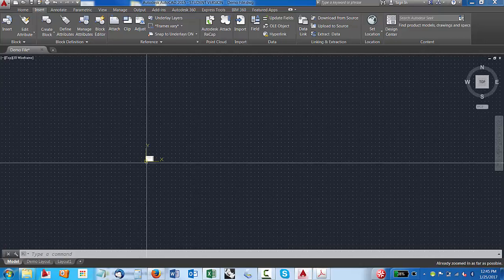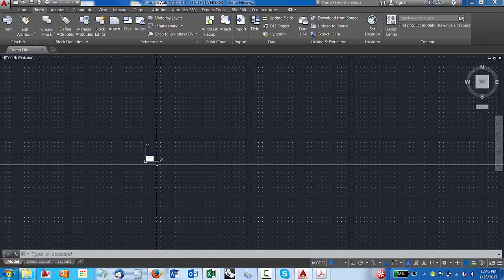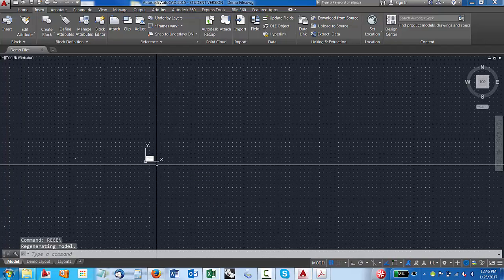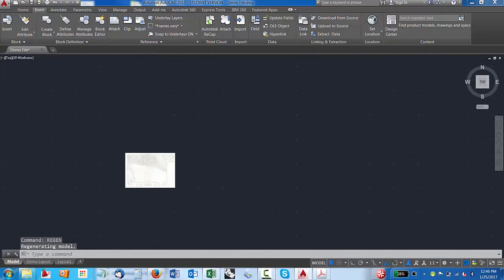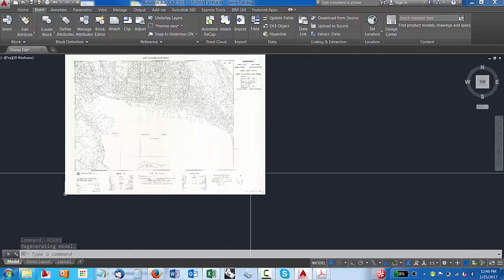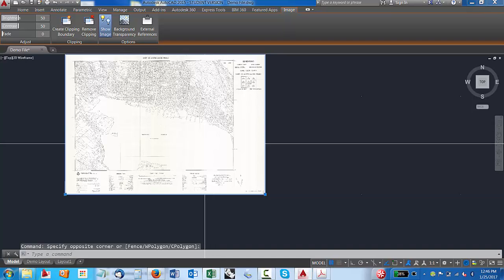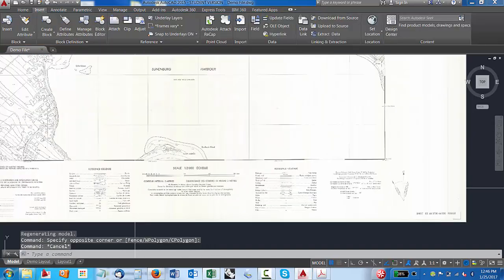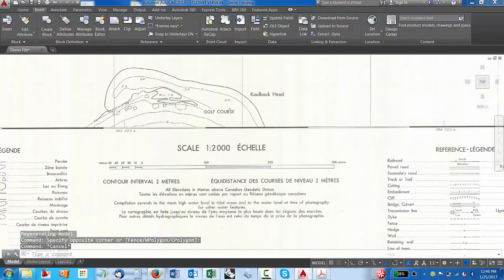And sometimes when you zoom, it has limits. So one thing you can do is type regen, which regenerates the graphics. Once you do that, you can keep on zooming in here. As you can see, it's really tiny, so we're going to have to scale this up, definitely. And this JPEG that is in Anita's folder has a scale on it, and that's all you need to